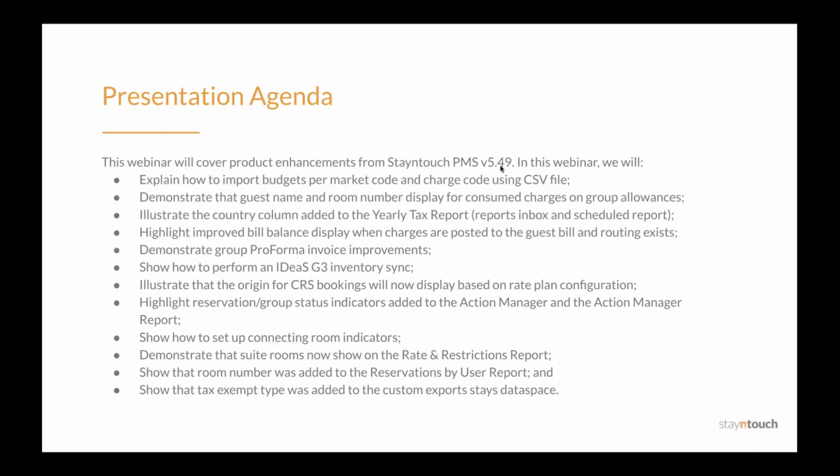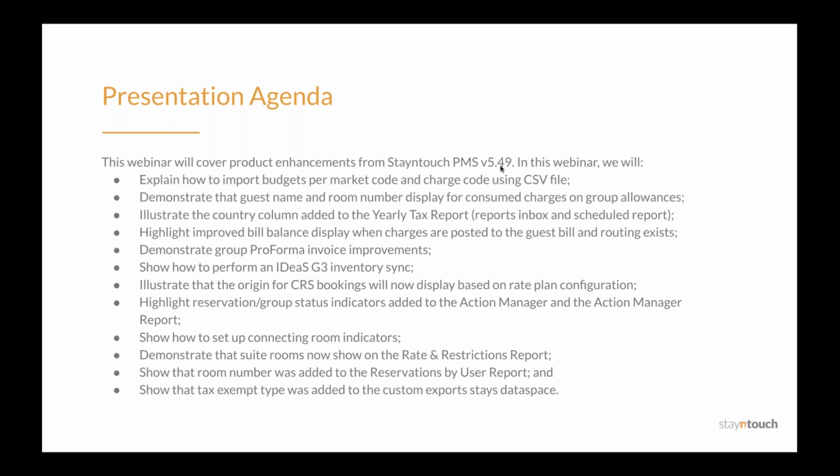Today's presentation will cover how you can get the most out of the Stayntouch Cloud PMS version 5.49 product release. In this webinar, we will explain how to import budgets per market code and charge code using CSV file, demonstrate that guest name and room number display for consumed charges on group allowances, illustrate the country column added to the yearly tax report, including the report's inbox and the scheduled report,